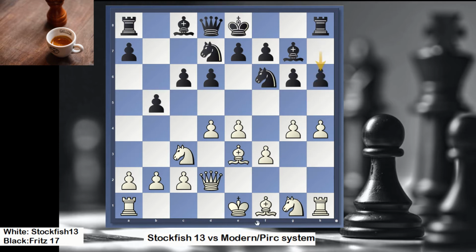Here h6, what did Stockfish do? I was not disappointed. Knight ce2. The knight is relocating on g3. Knight b6, Fritz17 knows how to maneuver knights, trying to come here, so knight g3 anyway, because the c4 square is taken care of. And to my surprise, in this position, Fritz17 played h6, h5, and what would happen if